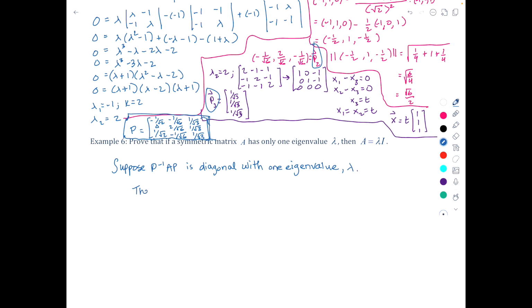Then A is going to equal P times D times P inverse,